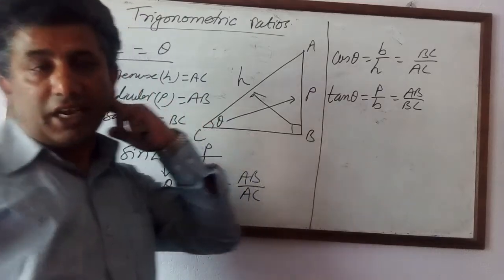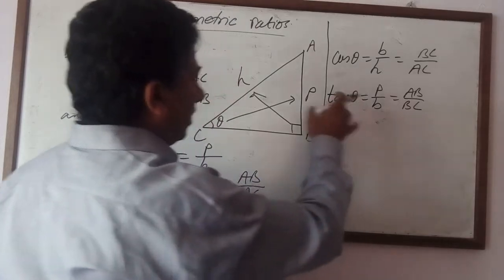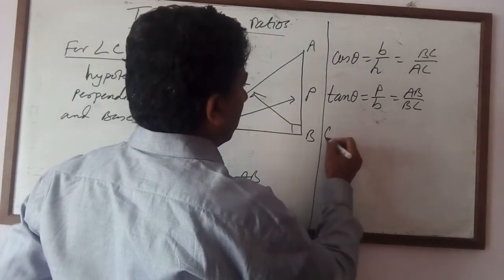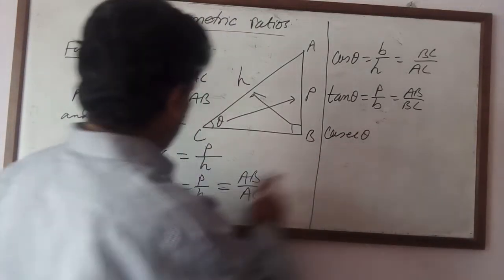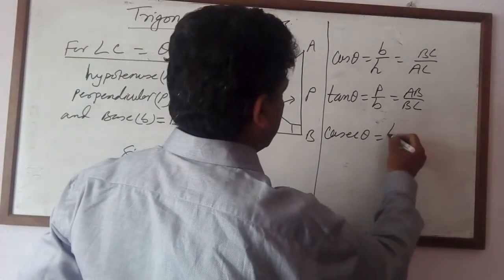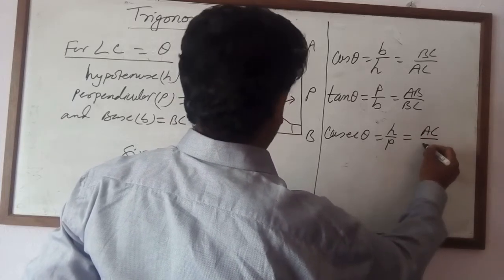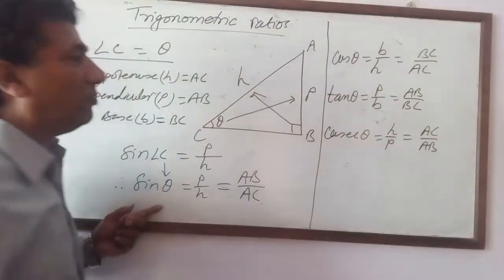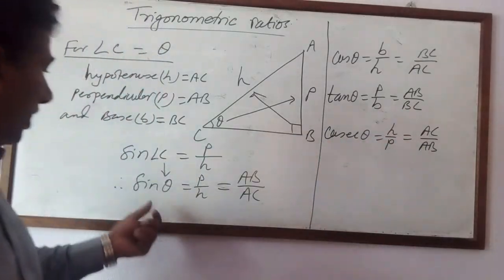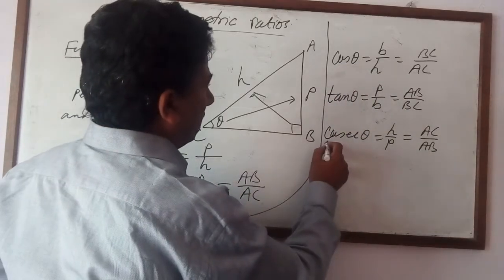If you know sine, cos, tan, then the opposite of sine will be cosec. Now after writing these three, go on to write the reciprocal forms. Okay, cosec theta, just the opposite of this one. Opposite of sine is cosec. That's why H by P. H means AC. P means AB. Now this is the ratio of cosec. Cosec theta means this ratio. Now again, what is the opposite of this one? The opposite of sine is cosec.